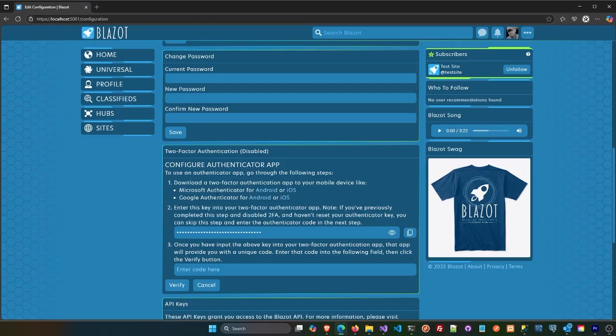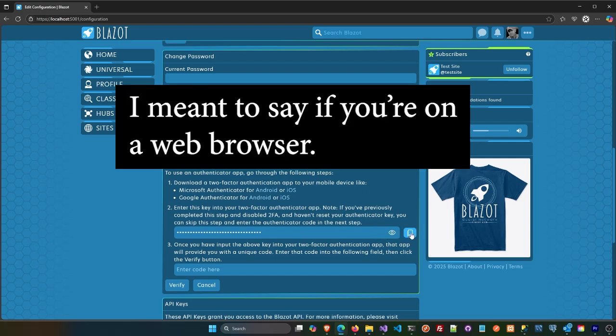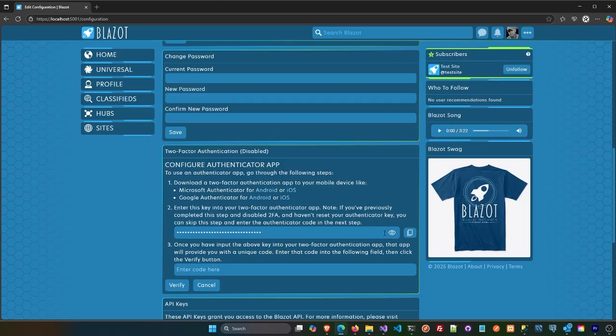So you would download one of these apps, you would enter this code. If you're on a Windows device, you could copy it here, and you can also click this eye icon and copy it manually through the field. On the native devices, those apps you download, it won't give you the ability to copy that, but you can copy it from here still. Paste it into the app, and then it will give you a code that you will put in here, and then you'll verify, and that syncs everything up. And like I said earlier, at that point you will receive some codes